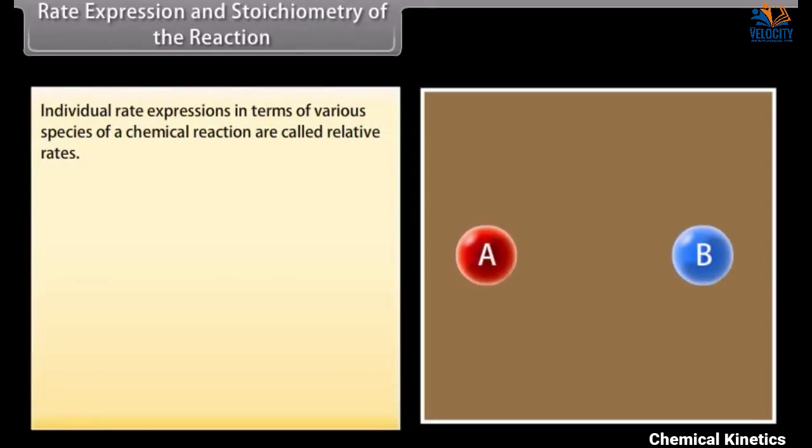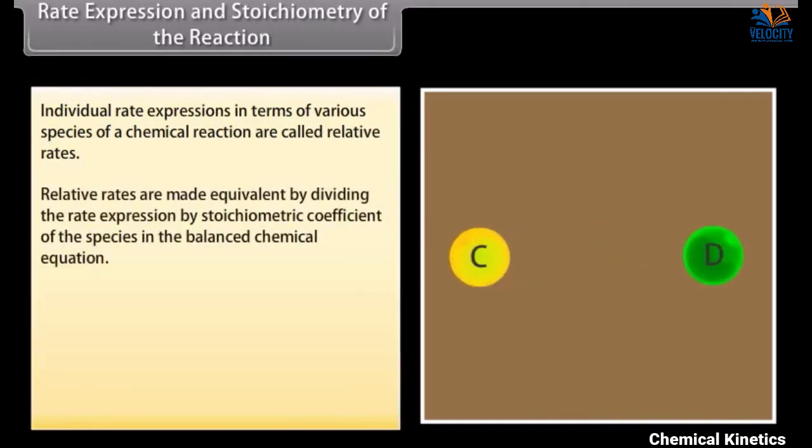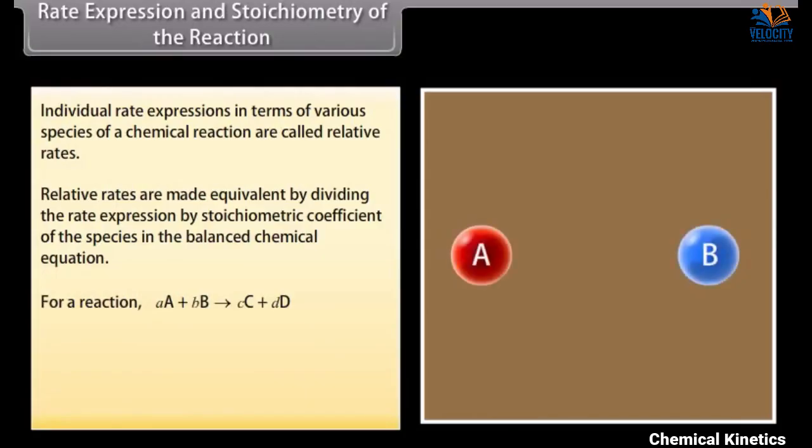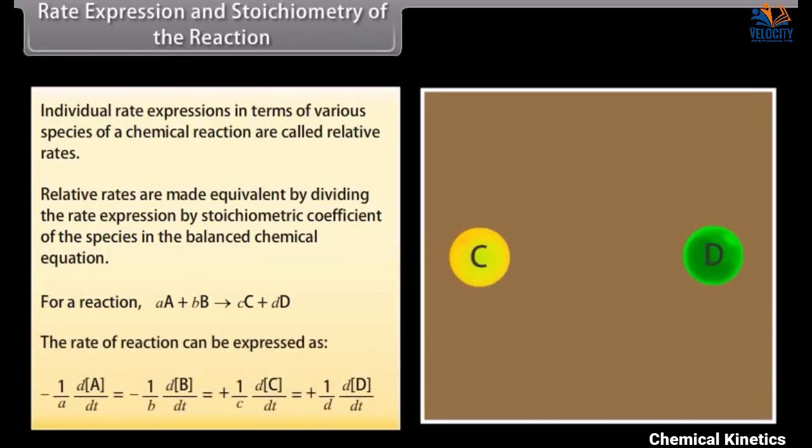Rate expression and stoichiometry of the reaction. Individual rate expressions in terms of various species of a chemical reaction are called relative rates. Relative rates are made equivalent by dividing the rate expression by stoichiometric coefficient of the species in the balanced chemical equation. For a reaction, small a, capital A, plus small b capital B makes small c capital C plus small d capital D. The rate of a reaction can be expressed as